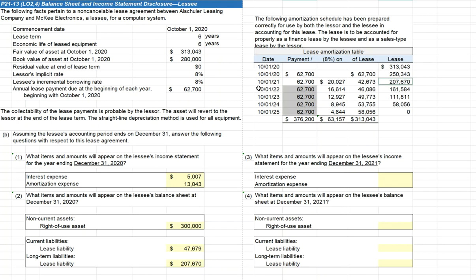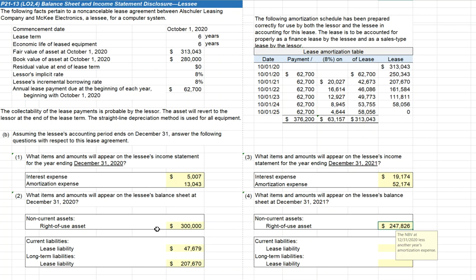$207,670. For the next year, our interest expense on December 31st, 2021, originally we booked 3 months of the 2020 interest, so we need to record the remaining 9 months and 3 months of the 16,614. So our interest expense will be $19,174. We will have a full year of amortization expense, which is the $52,174, and the non-current right of use asset on our books will be the